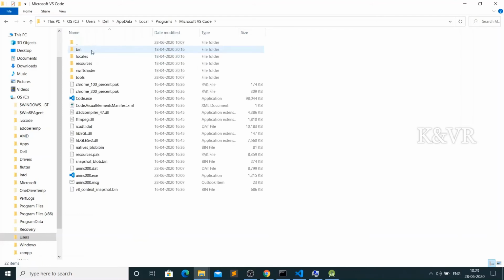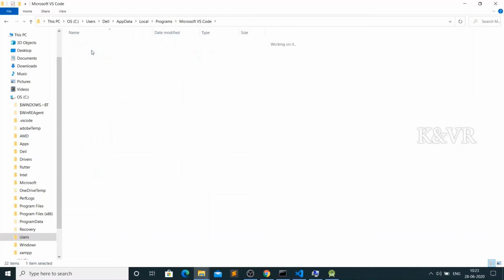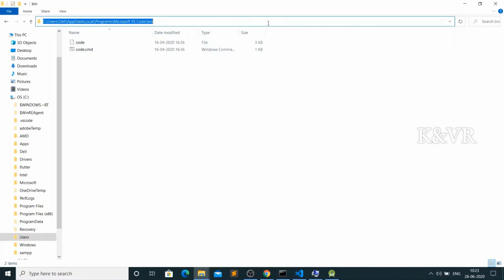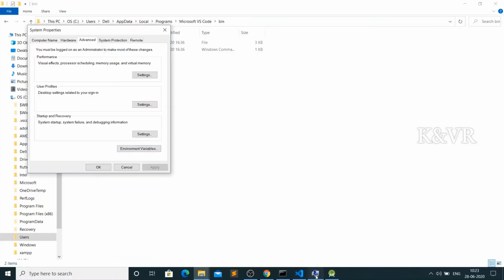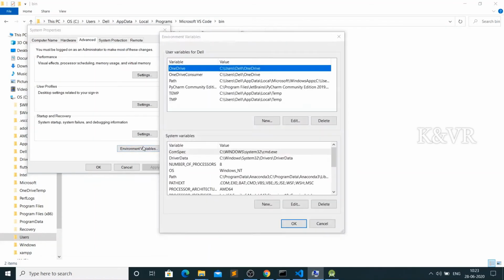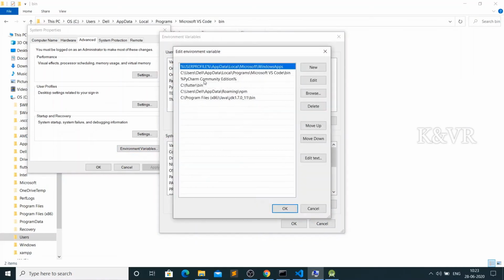Open that and open the bin folder. Copy this path with Ctrl C, and go to the environment variables section. Open that and click Path two times. I have already pasted it here. You can also click New and paste it here.